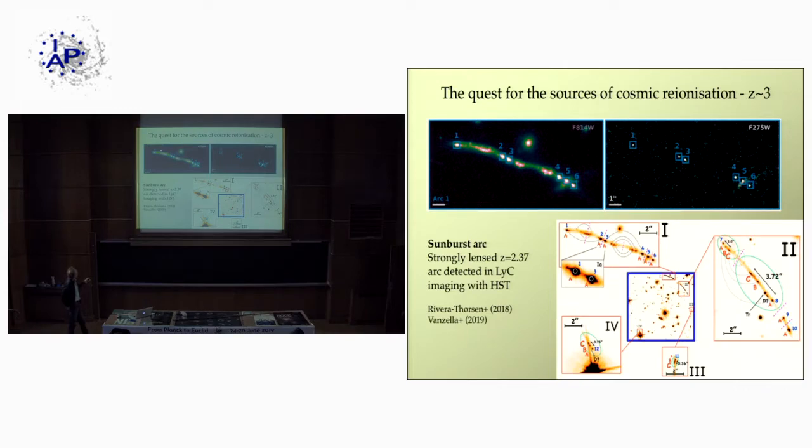This is a spectacular, very bright arc, which I think was found actually following up Planck data. It's in a lensing cluster. It's an arc with many multiple images. Here you see the image of this arc stretched, showing different clumps. And this is the image in HST in the Lyman continuum. So you see multiple images of regions of a lensed galaxy at redshift 2 where you can see directly Lyman continuum